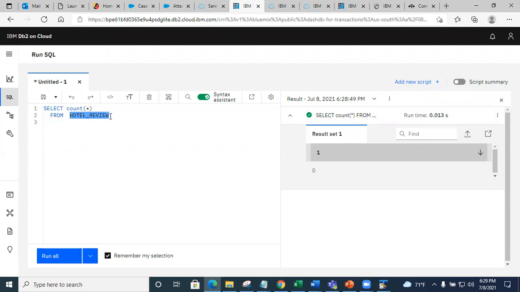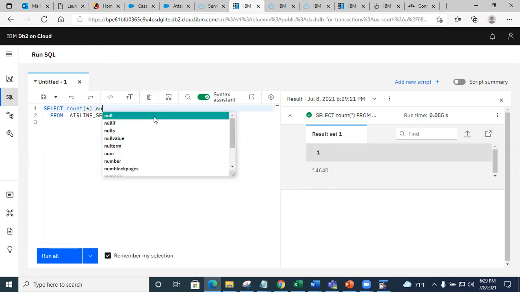Let's try to do airline sentiment. Okay, so let's see what it does. Run selected. Oh, no. So see this is a number of rows in the airline sentiment. Oh, I see what 1 is. Okay, let me explain to you what 1 is. See, this is a count star. I did not name the column. So when you don't specify the column name, it's gonna name it for you. It's gonna say 1.